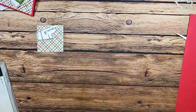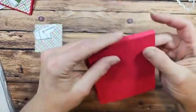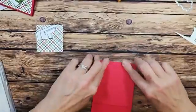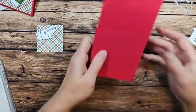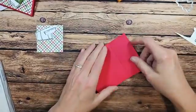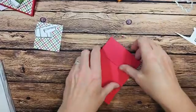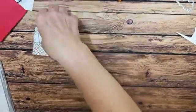Oh, we'll need to cut up stuff. All right, so now we have this little 1/2 inch bend right here. That is going to hold our hot cocoa packet. All right. And then a little flap for the top here. Okay. All right. So just have it all lined up. There you go. Okay, so we're going to move this off to the side for right now. And now I'm going to need...